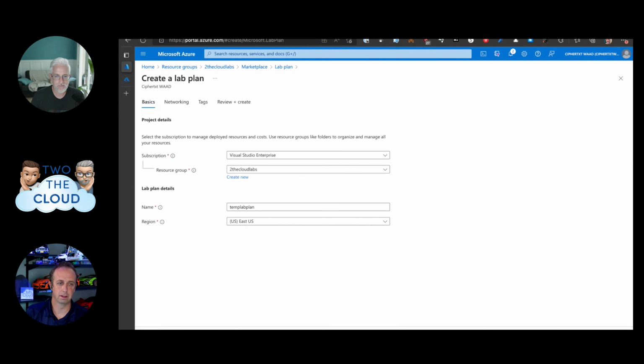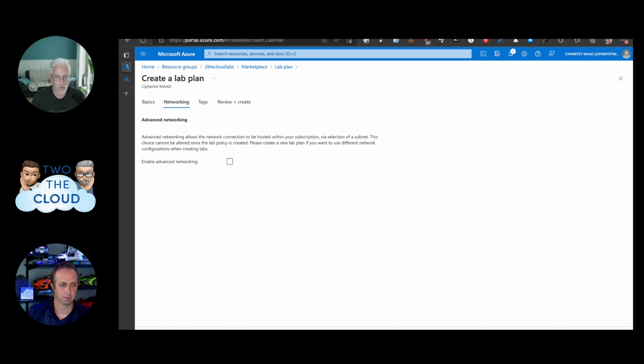I was just going to ask about that. Like this lab plan, when you're picking a region, you're tying all of your compute resources to this region. It's not like you could pick East US 2, but then spin up VMs in a VNet in West US, something like this. Right, everything is going to exist in this region. So there's some pre-planning that needs to go on there. Yeah, for sure.